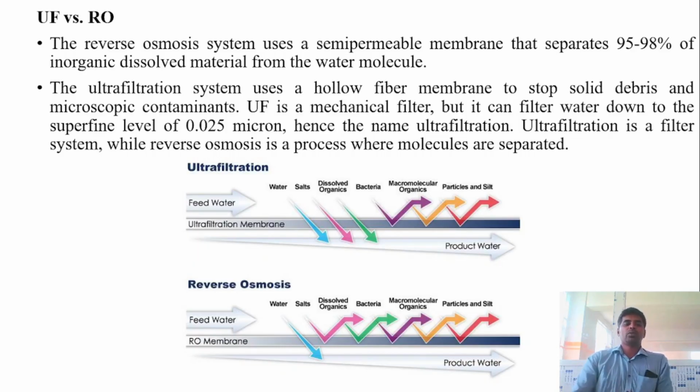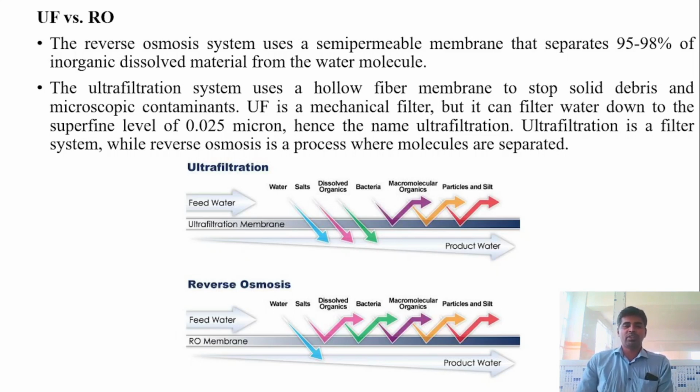From the figure we can easily understand ultrafiltration and reverse osmosis. Ultrafiltration is only able to remove macromolecular organics, particles, silt and bacteria. Apart from that, ultrafiltration could not remove anything. But reverse osmosis could remove all kinds of material except the water. So in reverse osmosis, the output product will always be water, but in the case of ultrafiltration, salts and dissolved organics